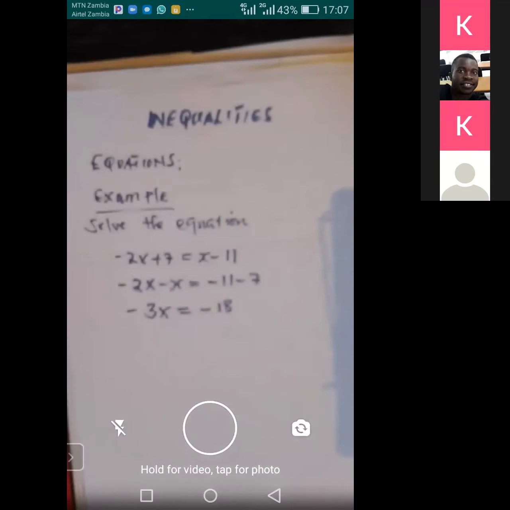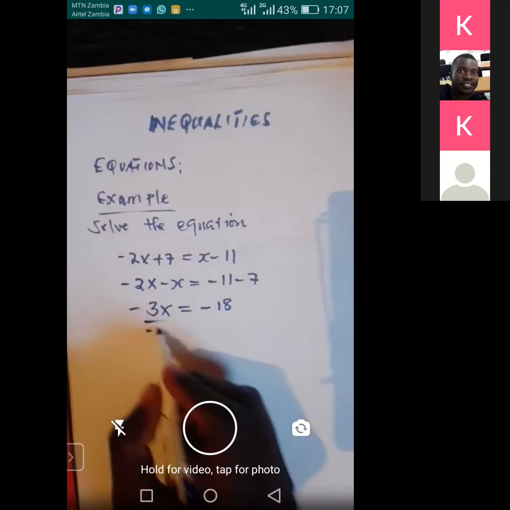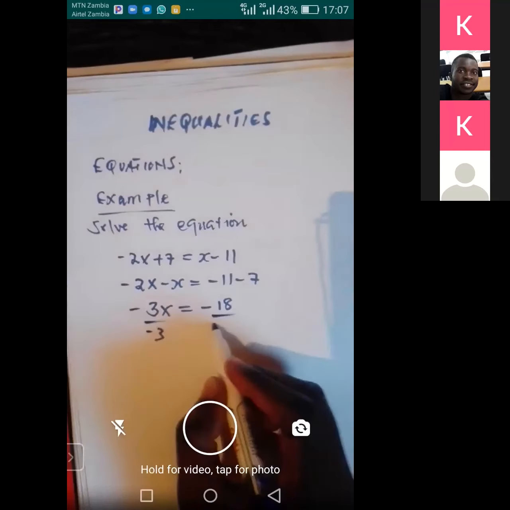Then you can divide both sides by minus 3. Then you have that x is equal to